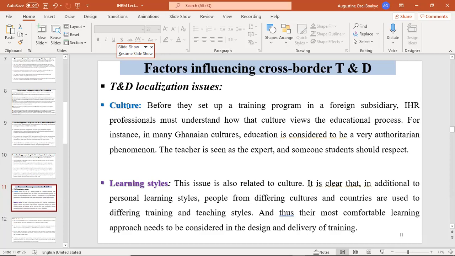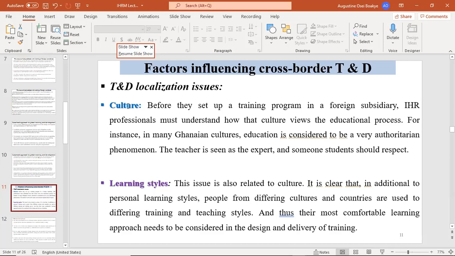The second factor is learning styles. This issue is also related to culture. It is clear that in addition to personal learning styles, people from different cultures and countries are used to different training and teaching styles. We are saying that the kind of culture you grew up in and the country you originate from has the likelihood to influence your training,